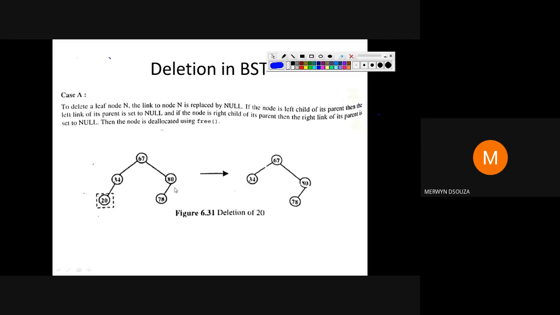Okay, so any difficulties on this slide? Has everyone understood? So whenever you're deleting a leaf node, it is case A. When you're doing it for exams, you will show the step like this. Show the node that you're deleting like this. Highlight it in some kind of a dashed lines box, and then after deletion, that node will not be present in the tree. Okay, just remove it directly. So 34 will be present with its left child set to null. It is understood that the left link is set to null.